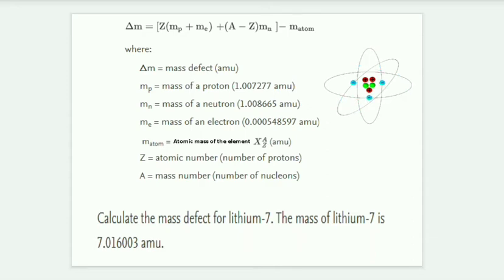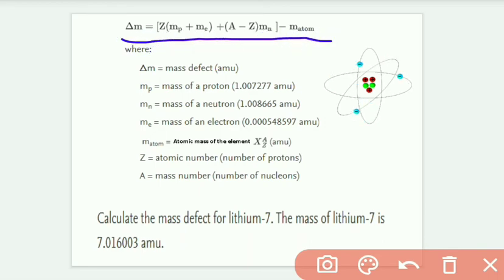Here we have added the mass of the electron also, because we know that it's very difficult to get the mass of a bare nucleus by stripping all the electrons around it. So we just included the electron term inside this equation, and it does not make much difference because the mass of electrons is very negligible. We can see the mass of an electron is 0.00054 atomic units. So this is the equation to find the